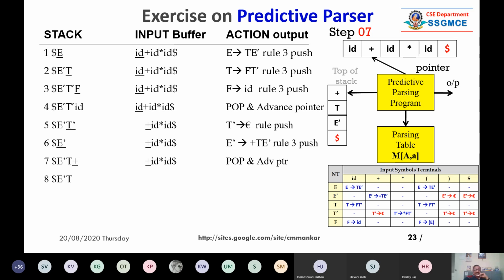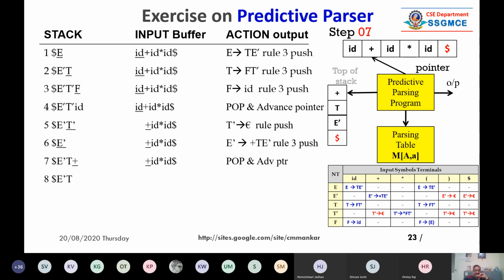Now TOS and pointer both are indicating a terminal. When the same terminal is there on the TOS as well as the buffer pointer, then you have to do the advance action and the pop action. That's why, if you read serial number 7, plus is there on the stack and plus is there in the buffer, so you are doing the action pop and advance pointer.